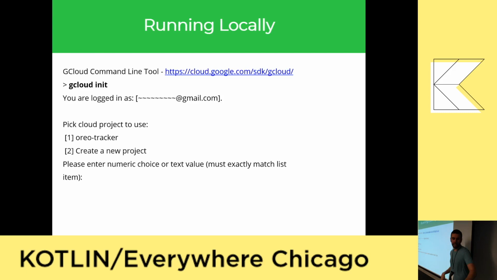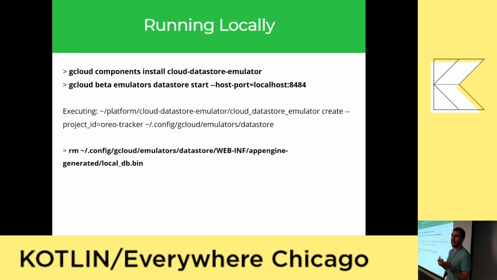Next up, as I mentioned, we're using Datastore for our database. Before we hit that up to the server, we can actually emulate Cloud Datastore locally. So you're just going to run the components install for the Datastore. It is extremely slow, so feel free to take your time doing that. Next, you're just going to open up an emulator. Be sure to take note of the host port you're going to run it from. I chose 8484. Then it'll eventually go, and finally you'll get this nice executing. And now you have Datastore running. This command at the bottom is just really helpful.